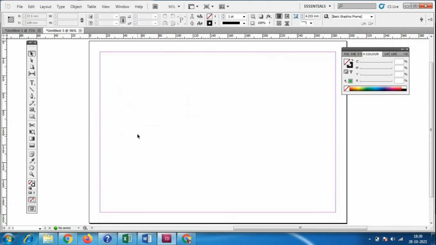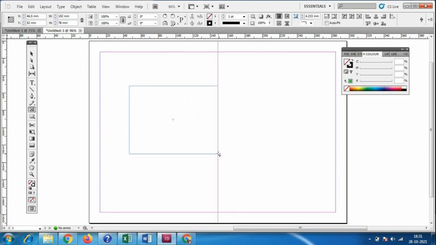Okay, so next we have to go for a very important tool. We will come back for this eraser tool and all. So we will go for this to insert the image. How to insert the image? In Photoshop we are using file open, and we are inserting the image. Here it is totally different. We have to add a frame, a shape, and inside that we have to add the images. So I'll take this rectangular frame tool, and I'll make a box like this.